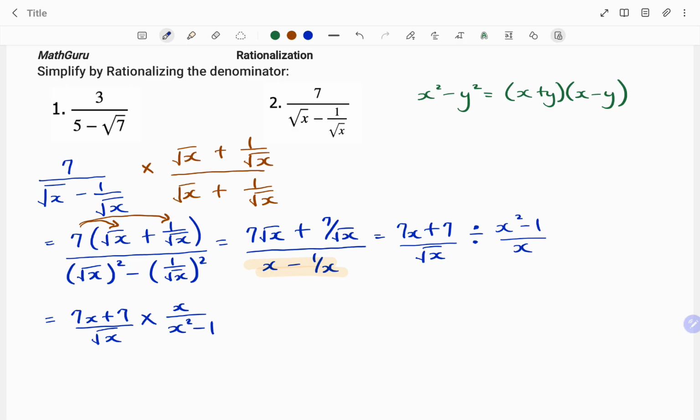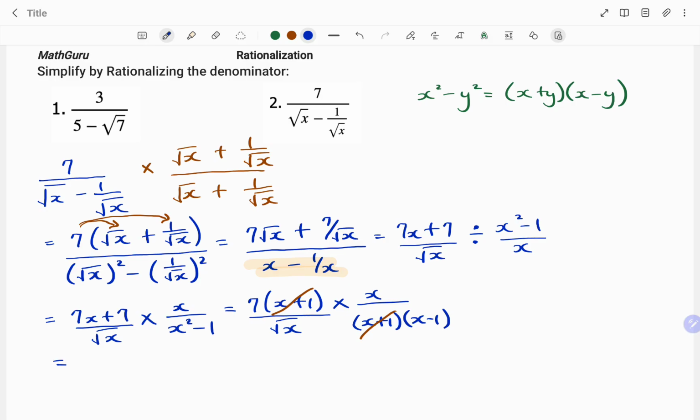I'm going to try and simplify by factorizing each of the terms. For my numerator, I have 7 as a common factor. I'm left with x plus 1 divided by root of x times x over, that's difference of two squares, so x plus 1, x minus 1 to factorize. x plus 1 cancels out. I'm left with